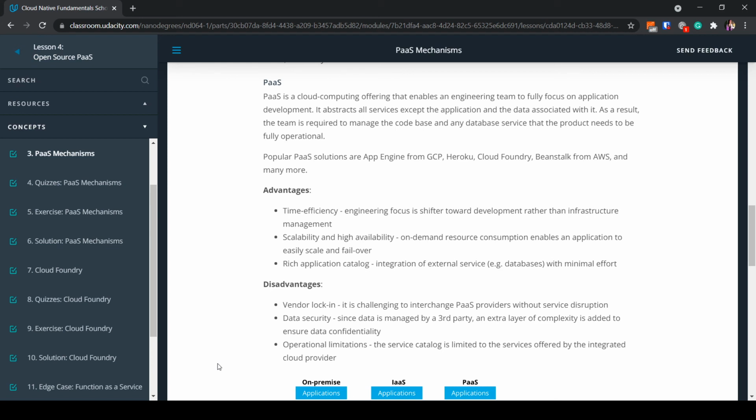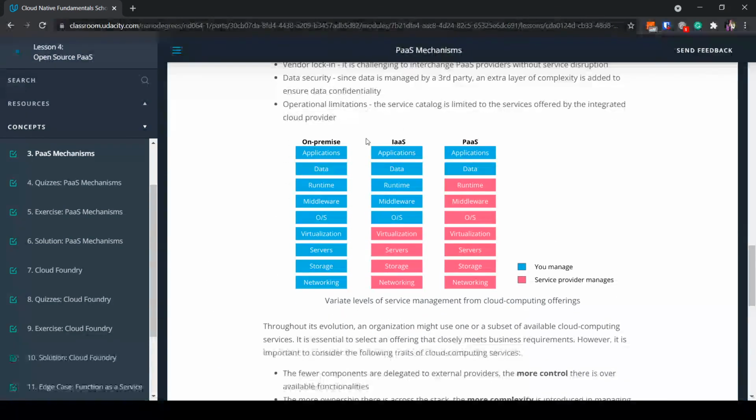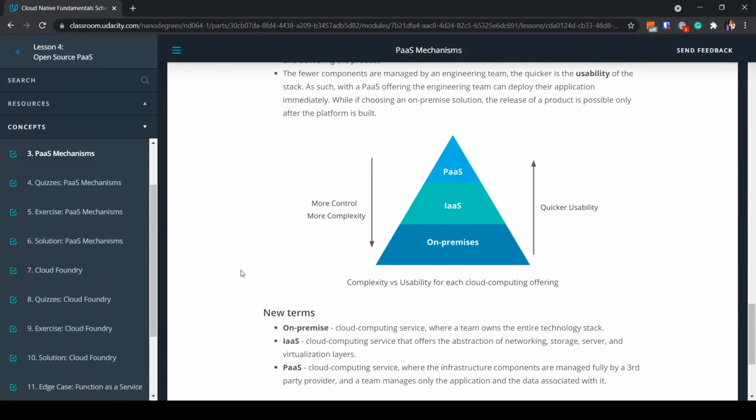Next, we come to something called PaaS, or Platform as a Service. This is by far the fastest setup. It's much easier to work with and it can be scaled very quickly. It does not allow for any granular control over any aspect other than the data and your application. So you do lose a lot of freedom, but with fewer responsibilities and much better time efficiency. Over here, you get locked into the operating system or to specific hardware providers like CPU architecture, for example.